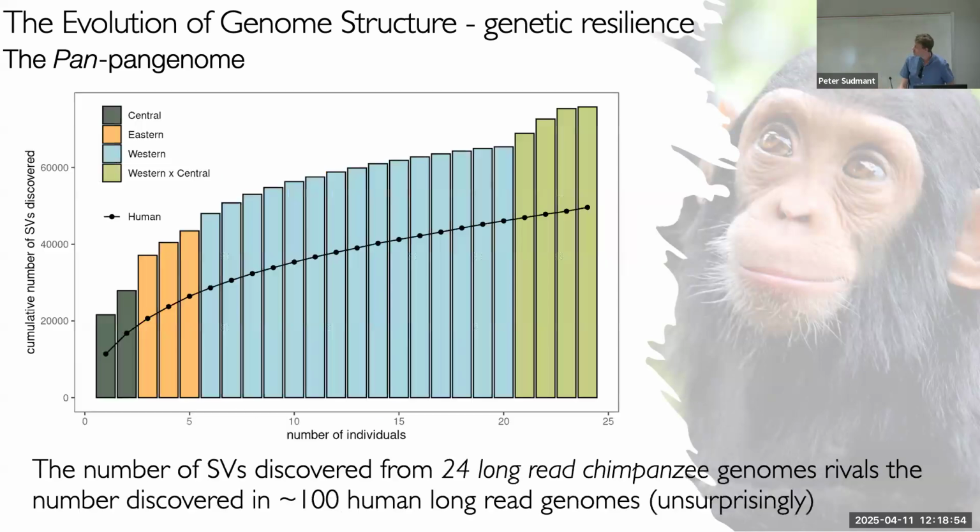And what we can then do is make a plot like this. We're looking at structural variants here, and we identify structural variants in these chimpanzees. You put a bar for your first chimpanzee, you discover 20,000 structural variants, then you do it in the next chimpanzee, and this is the added number of structural variants you get. So this curve is the total number of structural variants. You do that exact same analysis in humans using all the same things, and it looks like this, right? So you're getting way more data in chimpanzees.